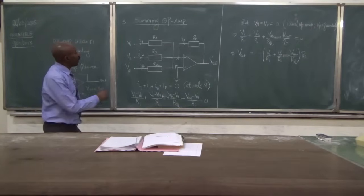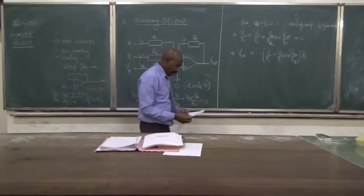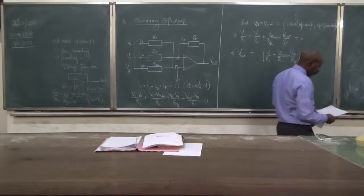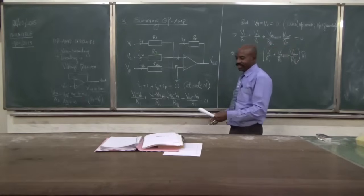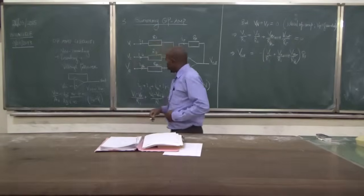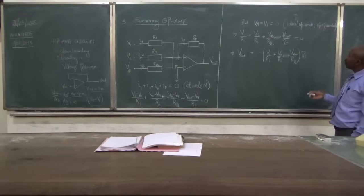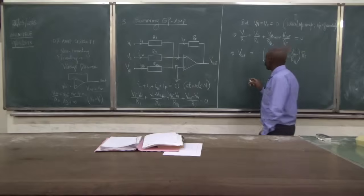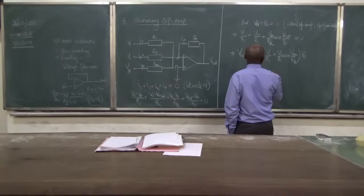So if we have n of them, n inputs, what would be the amplification? As long as we have the output, the amplification would be the output over the input, but once we have the Vout, we have no output. So Vout equals minus